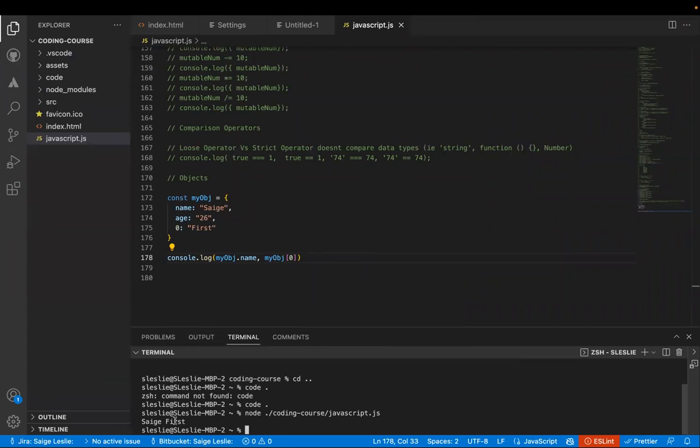All right, so I got Sage first when I called node, and then I ran my JavaScript file in this little node server I spun up. I don't know where your javascript.js file is, but y'all should be able to do this, where y'all call node and summon that. If y'all cannot get that working and cannot figure out where you are in your directory, I'm at my root. My project is under coding course, and I just call the javascript.js file there. If you cannot figure it out from here, you can just copy this,